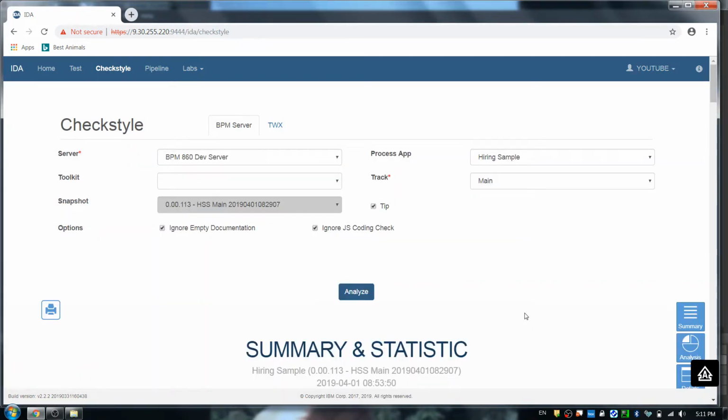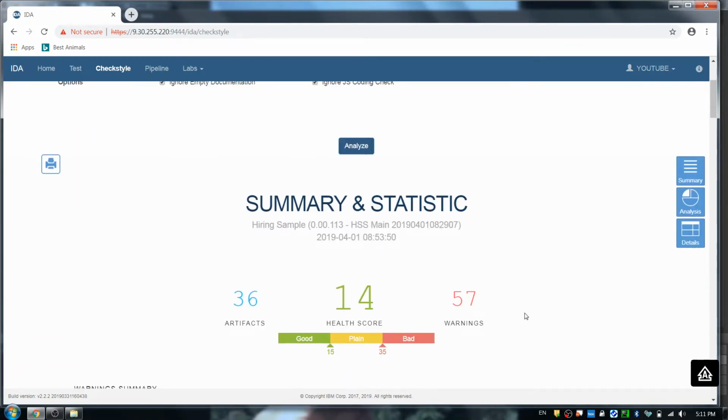Here comes the sample report. Let's go through the report together. The first section describes the summary analysis result in a well-structured form. These numbers are rather crucial for this report, since they give you a simple idea of how healthy your app is. For example, this green color in the middle represents the health score of your app. The lower the numbers, the better the app. And if the number falls into the red range, you need to reconsider your design and refactor your project